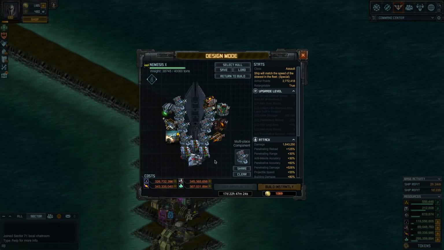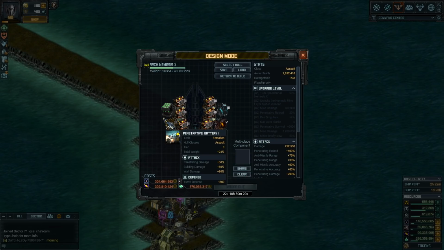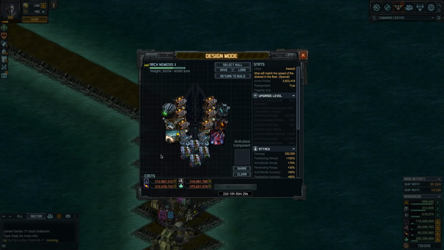Let's take a look at the flagship now. So a few differences you notice on my flagship. It has all 4 F1 COM, just because I wasn't having weight issues and it was possible to do that. I'm keeping all the 6 missile defense 3, keeping penetrative battery, Hyper 30, of course, here to match the other ships. I'm also using the corrosive sync drive,